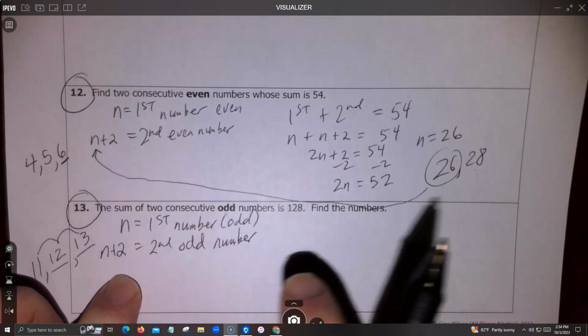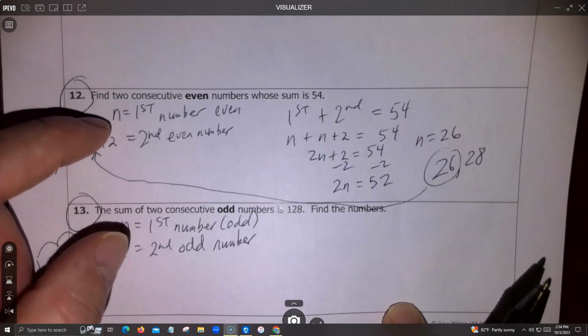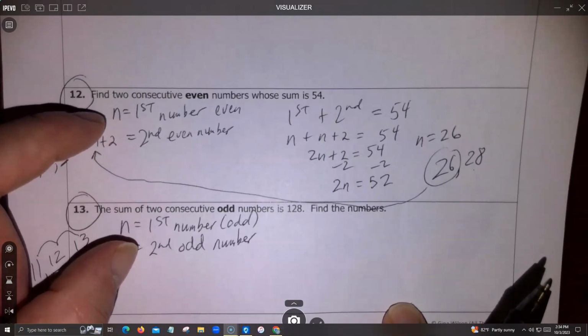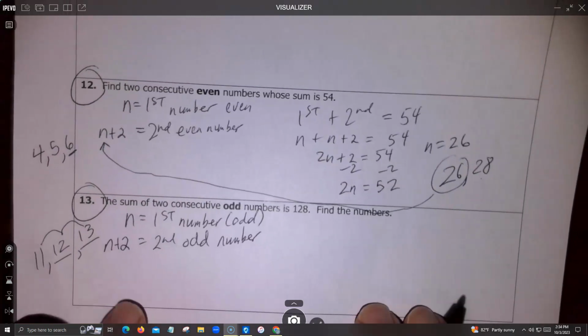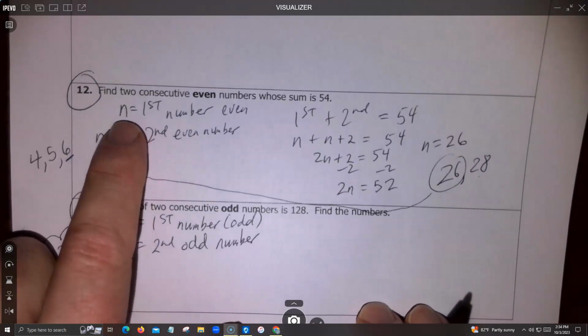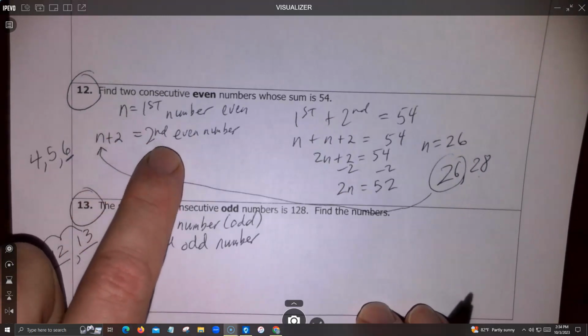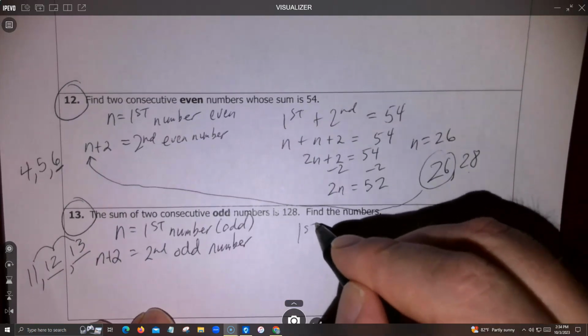So these two setups are exactly the same, no matter if you're doing odd or even, because it has to do with placement on the number line. If I start off with an odd and I add 2, I get to an odd. If I started off with an even and I added 2, I'm going to get to an even. That's how our numbers work. All right, so again, same setup,